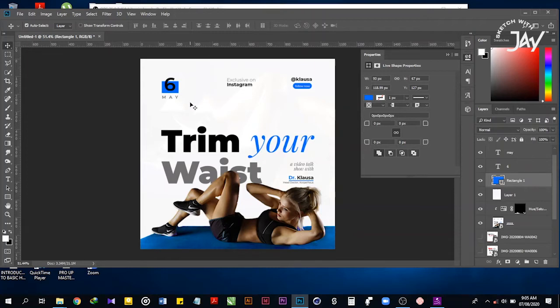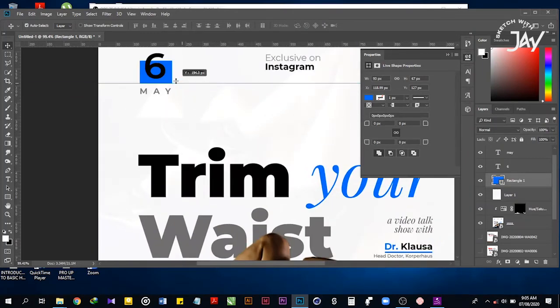Then usually the best scenario will be to align. The best thing will be to align every other thing on this top, taking this as the center.